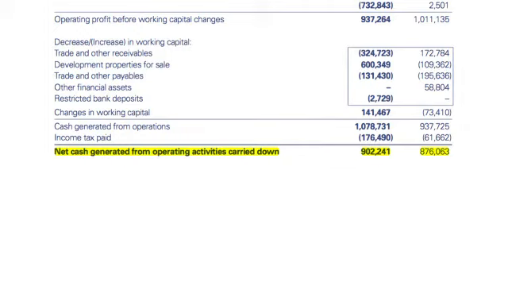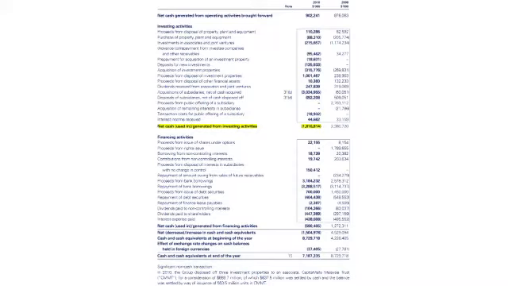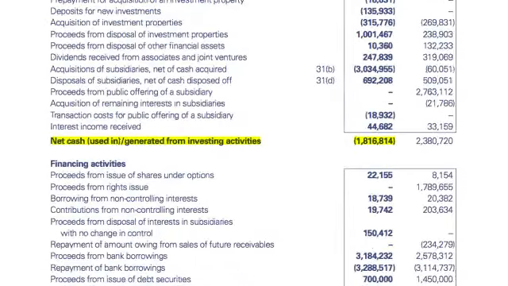Now, the other thing we can tell from the cash flow statement is not just that you generate cash, but if you hoard cash, that's not very useful for a company as well. You want to be able to deploy the cash. It sounds well and good actually to have lots of cash in the bank, but if you're earning less than 1% interest on it, it's not much use there. Precisely. So therefore, we can take a look at what they do with the cash, and we look at the net cash used in investing activity. So what did they invest in, in other words? How did the money flow out?